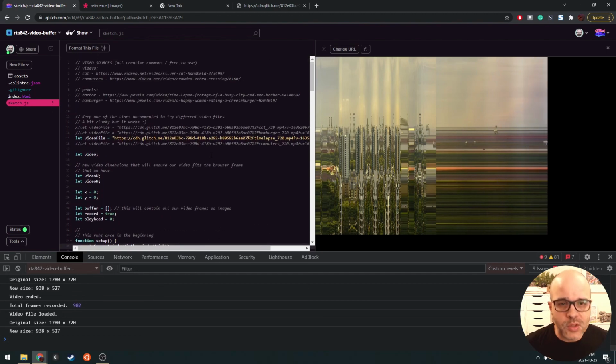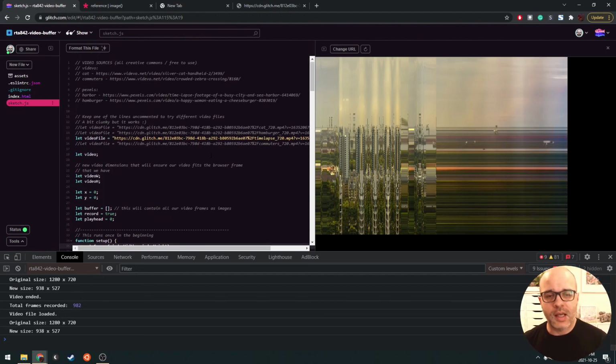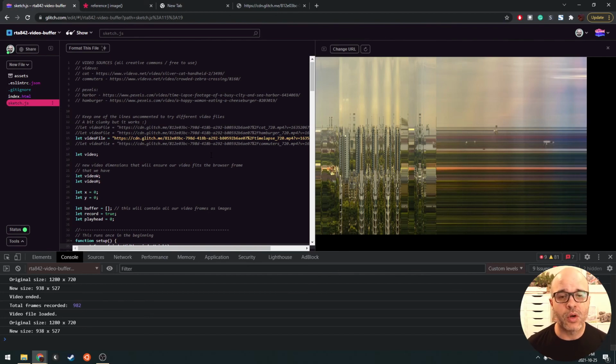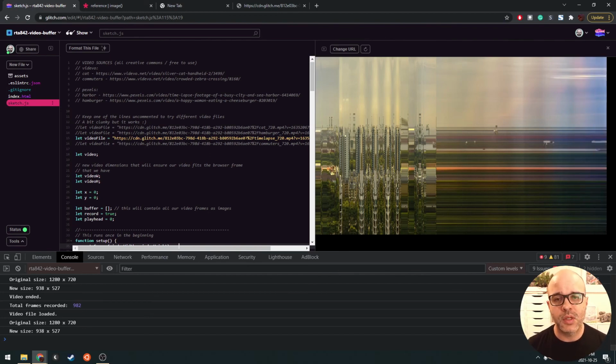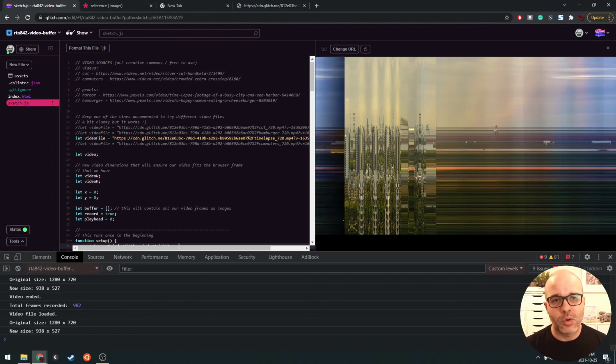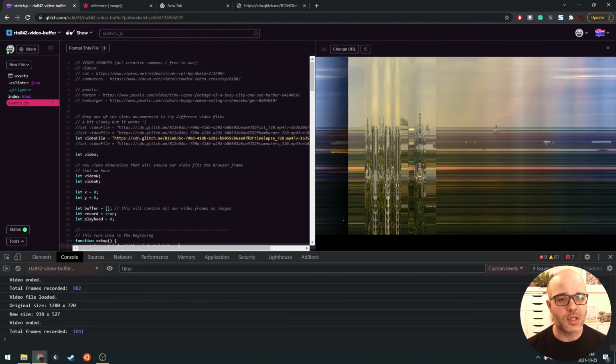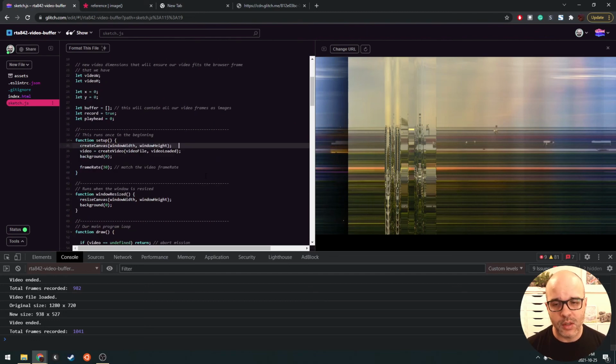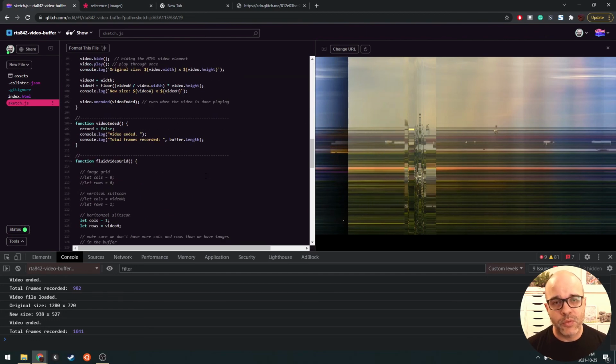So for the exercise, yeah, you can make it as elaborate or simple as you want. You can stick to the existing algorithms, tweaking them a little bit, trying different video files, or come up with your own rendition. There's lots of depth to explore here, and hopefully you have some fun with it, and